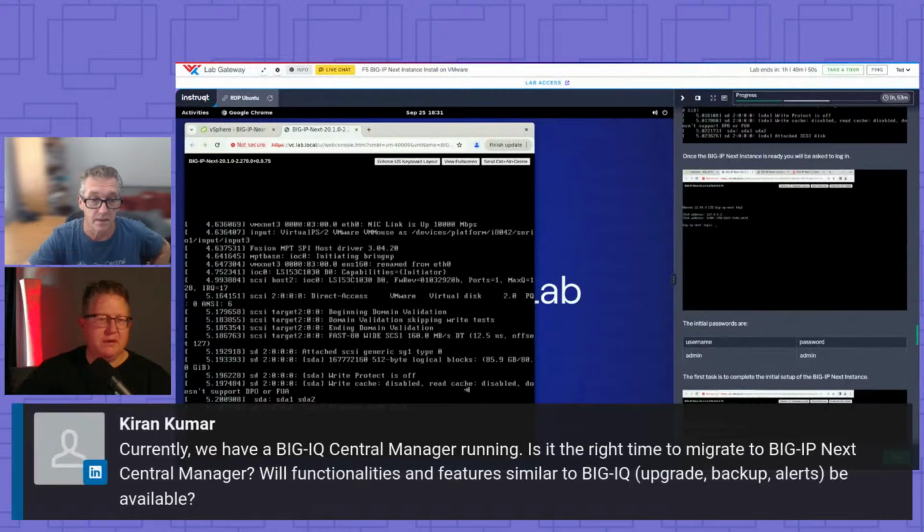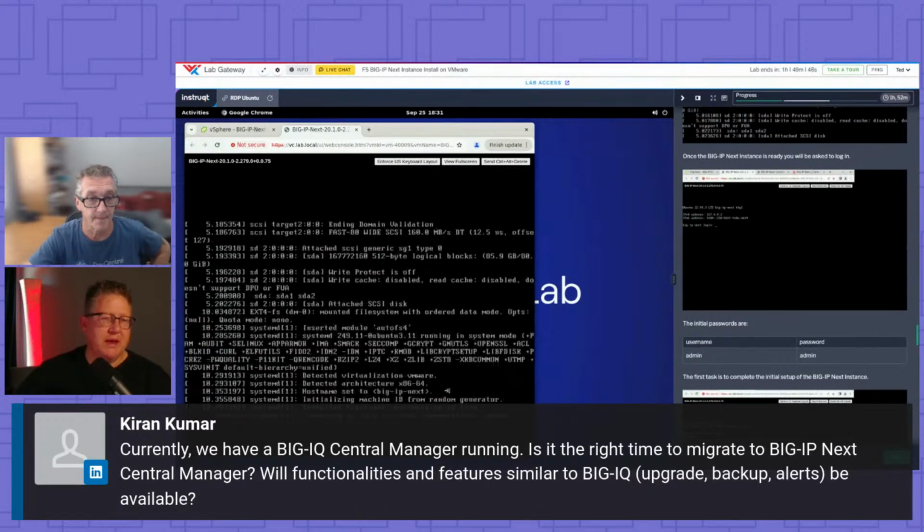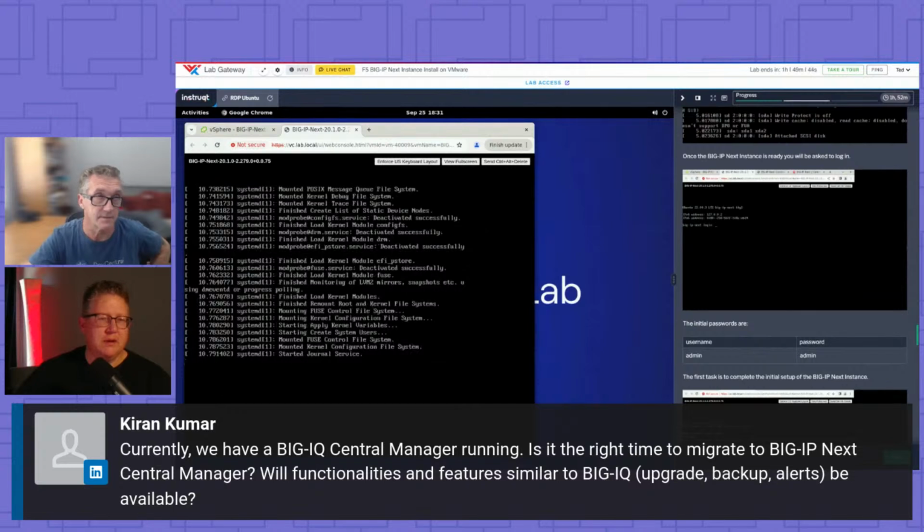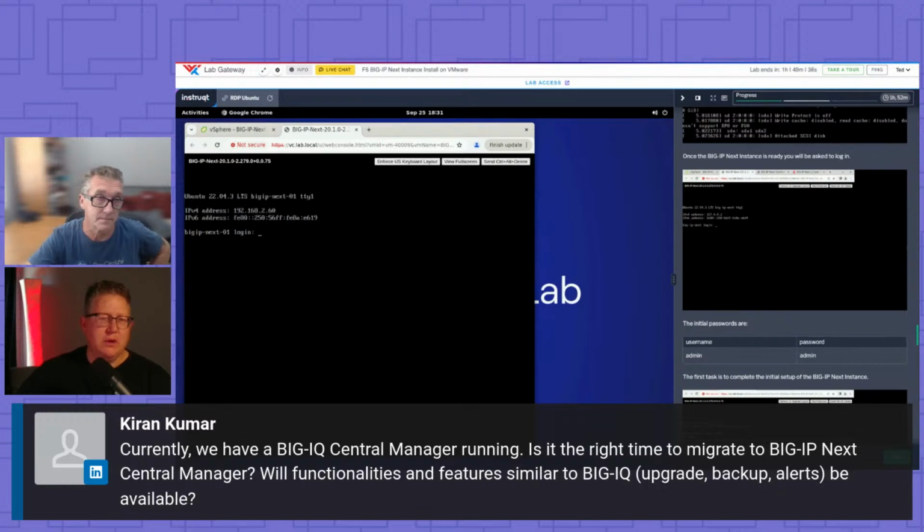While that's building, I'm going to bring up another question. Karen, currently we have a Big IQ Central Manager running. Is it the right time to migrate to Big IP Next Central Manager? Will functionalities and features be similar to Big IQ? So Big IQ and Central Manager are independent efforts. Big IQ is for existing infrastructure for Big IP up through the 17.x.